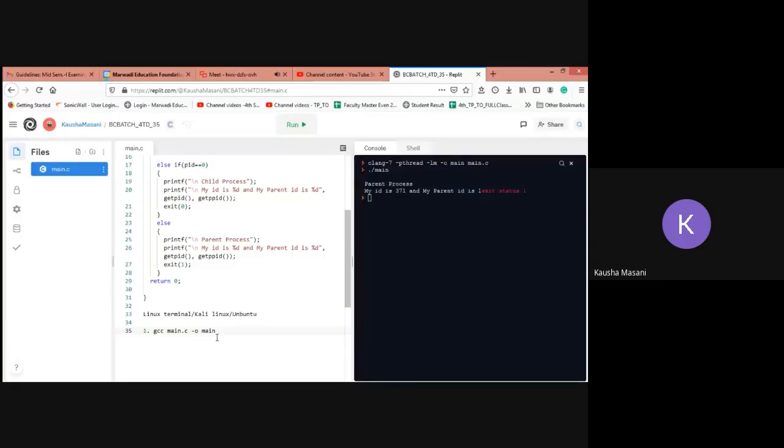Still, if there is some problem coming up, then you do this, which is definitely going to work. gcc main.c, or you can write file.c, and press enter. I'm writing it: gcc filename.c and you press enter.